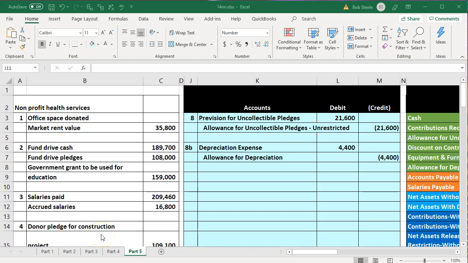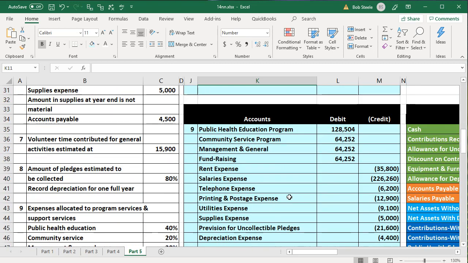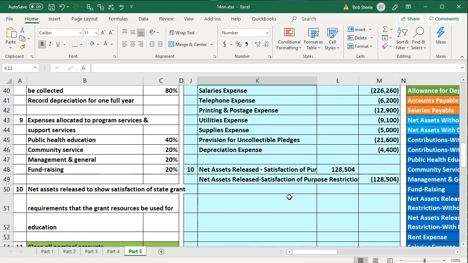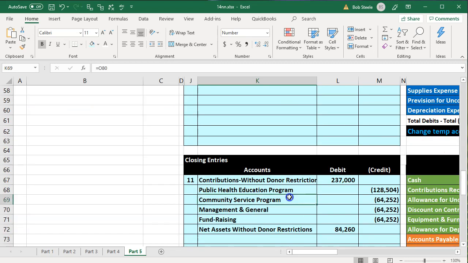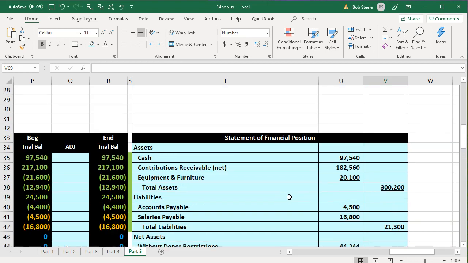In this presentation, we will continue on with our comprehensive problem related to nonprofit, not-for-profit organizations. We have the information on the left side. We're entering that information into the blue area on the right side. In prior presentations, we had gone through the transactions for a time period. We then allocated the expenses to categories. We did the closing process, and then we did the balance sheet, similar to balance sheet type of account, the